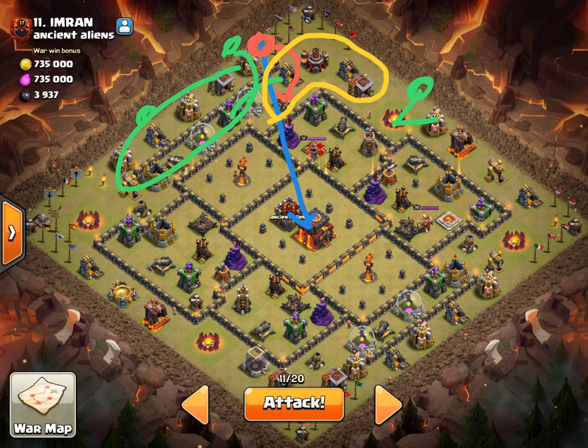So the wrecker should be down, the heroes down behind it. They'll take out the queen very easily. You're going to want to drop a poison right about there. You kind of get a twofer because you might be able to poison the queen and the CC at the same time. I would drop my wrecker hoping that it's actually going to open up this compartment so that you